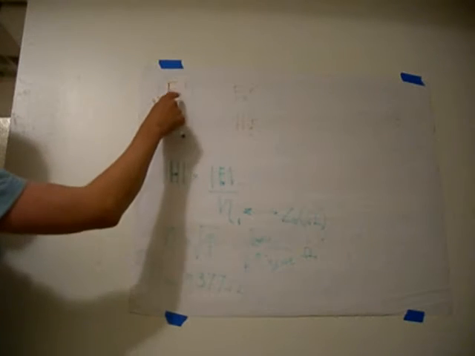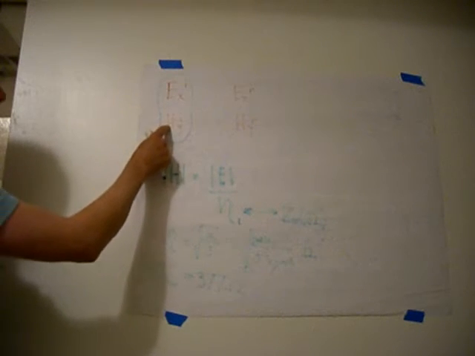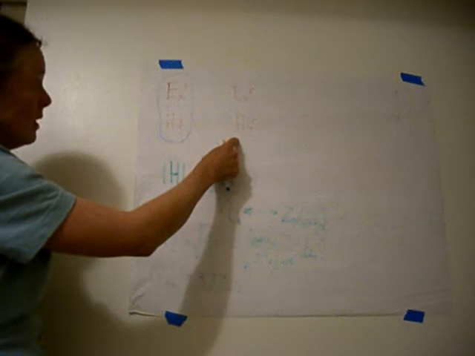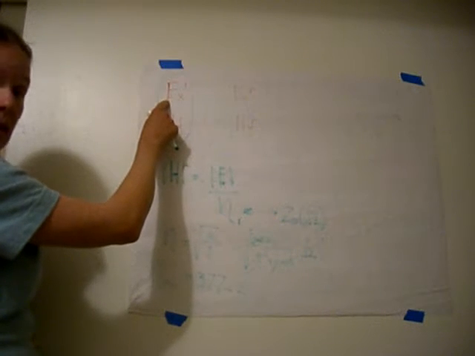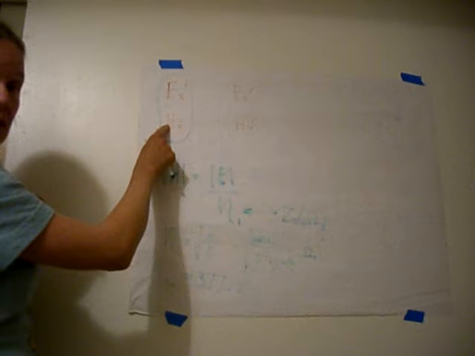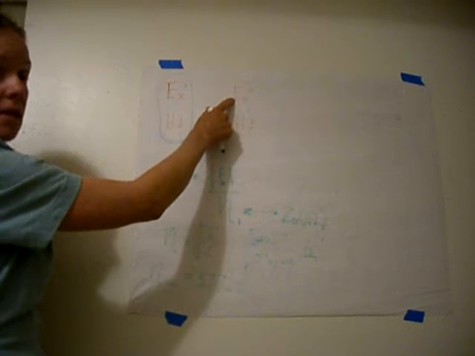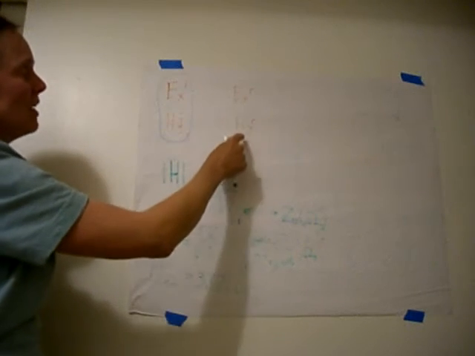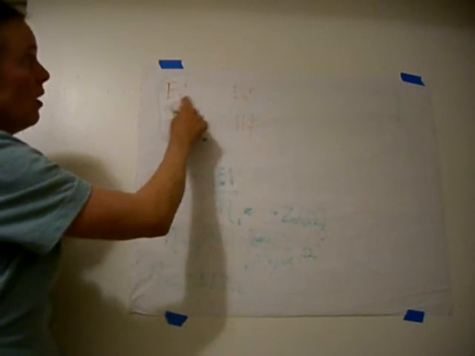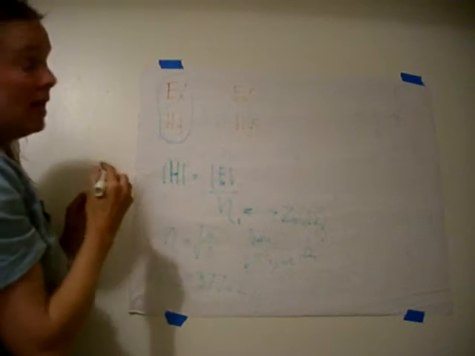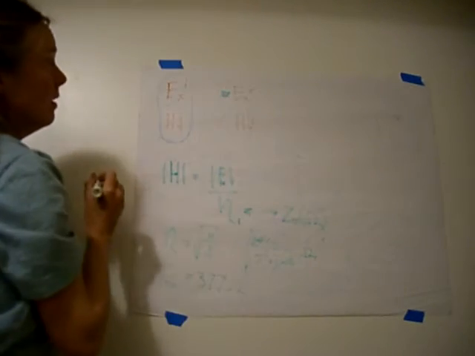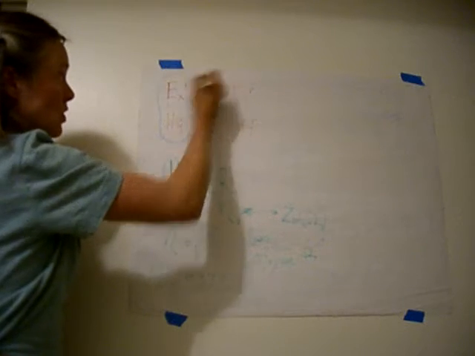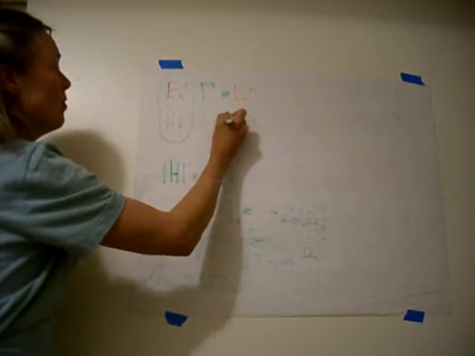So now we know the relationship between the electric field and the magnetic field for here, and the electric field and the magnetic field here. If we are given the incident electric field, we can find the incident magnetic field. If we're given the electric reflected field, we can find the magnetic reflected field. The next thing that we want to be able to analyze is how we go between the incident and the reflected field, and you've already seen that. The electric field that's reflected is the reflection coefficient times the incident field in both of these cases.